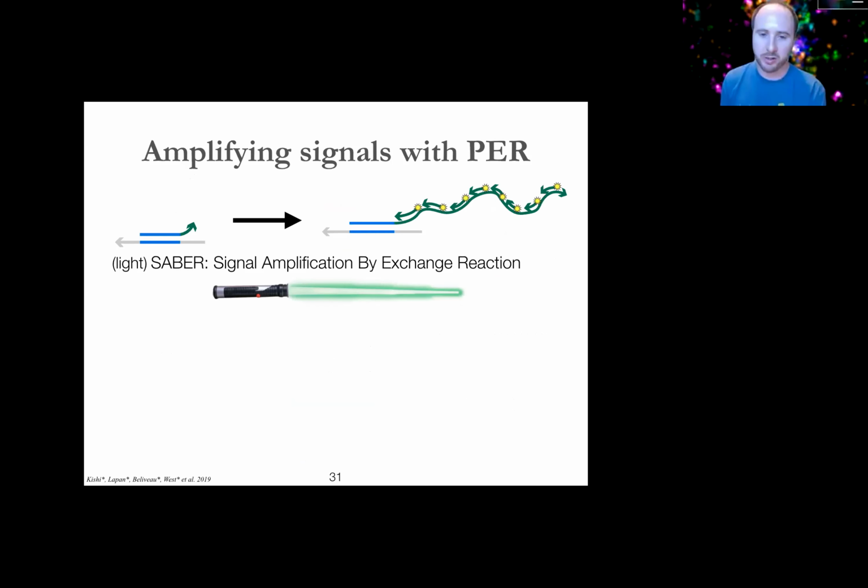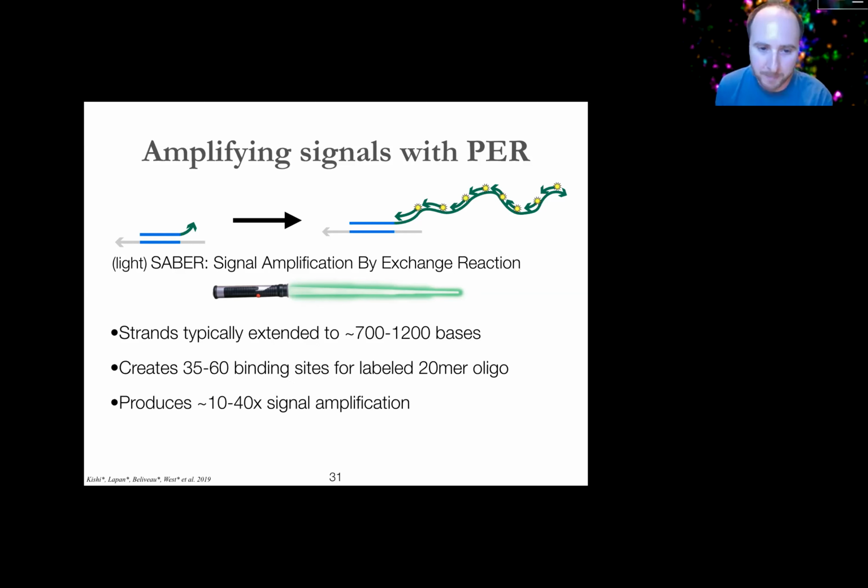And kind of the joke here is we're taking oligos and extending them to make them bright. It's kind of like illuminating a lightsaber. So practically what we're doing is we're extending either probe oligos themselves or the secondary oligos I described earlier in the talk that can bind to probes that are docked at the sites of hybridization by 500, 600, 700 bases, maybe a bit over a kilobase, depends a little bit on what you're doing.